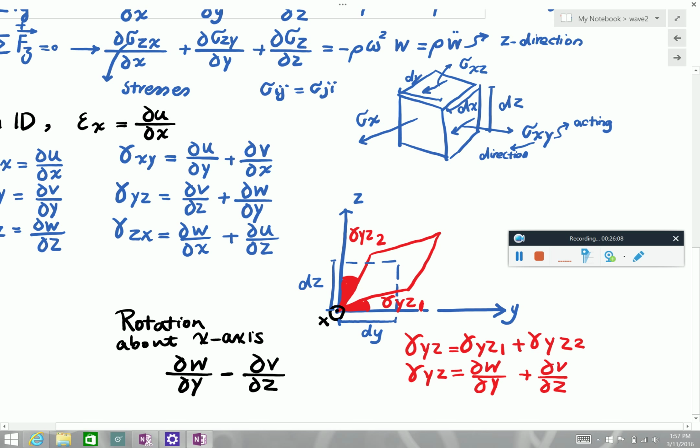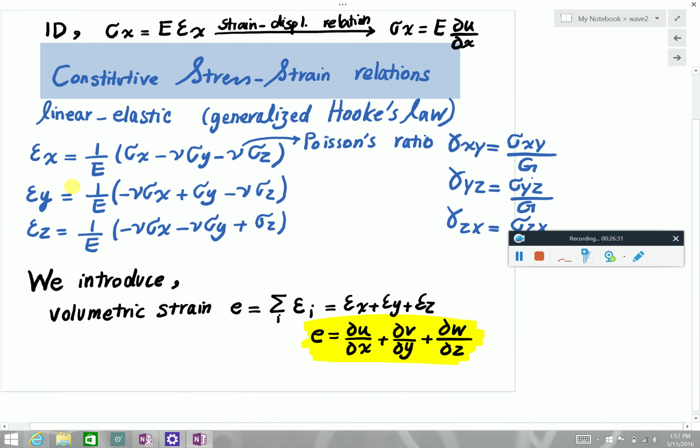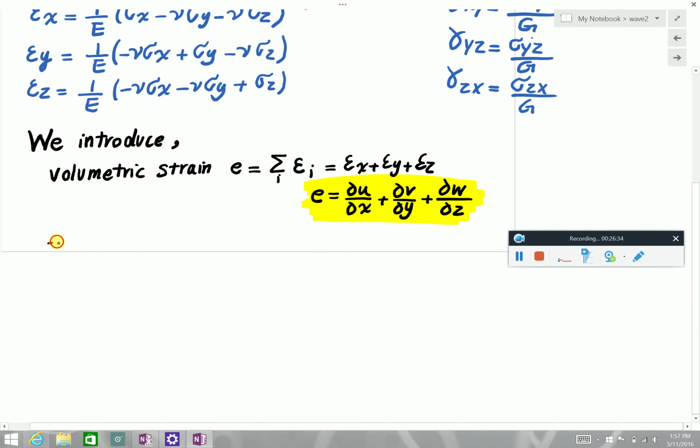So this is kind of how much it is rotated. So we use 1/2 in the definition to define a new parameter omega x. So the concept is related to the rotation about different axes. So if we define omega x as 1/2 of the derivative of w with respect to y minus the derivative of v with respect to z, we can do the same